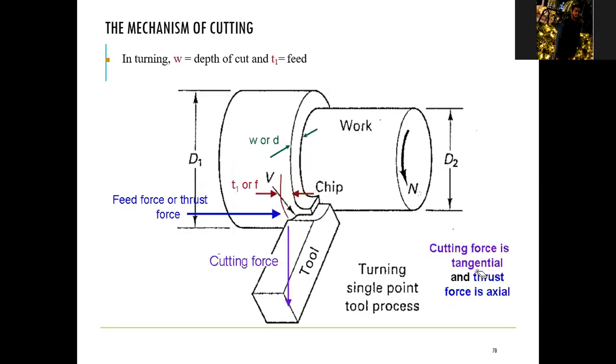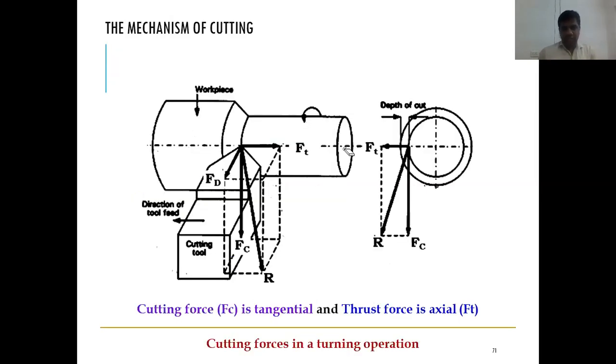Fine. So I think with this, maybe I will stop today's class. Just one thing before winding up. Whatever we were seeing previously about linear cutting, similar kinds of things are there for circular cutting also in lathe. So these things we can discuss in our next class, when we are discussing lathe. In lathe, we have a different kind of forces coming. With these things, we can discuss in the next class.